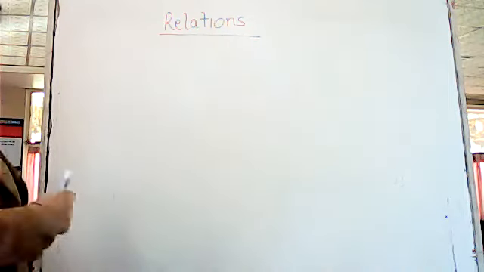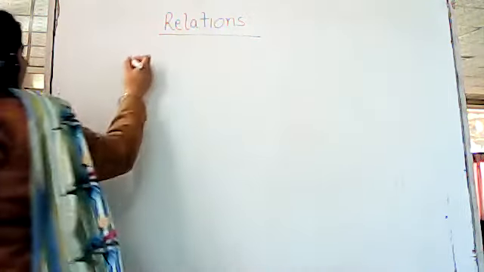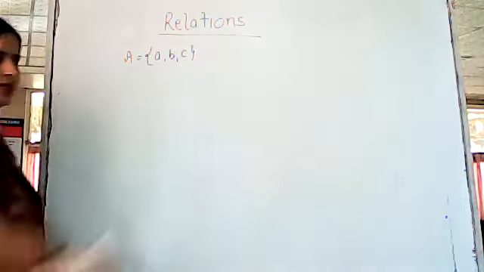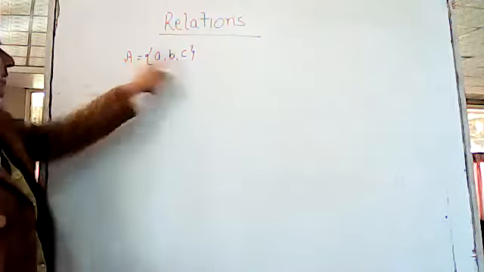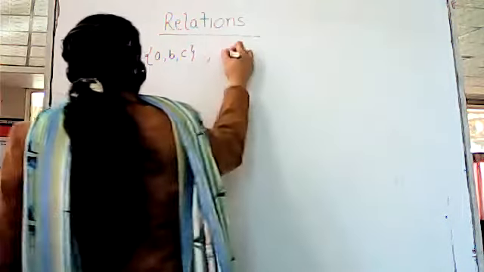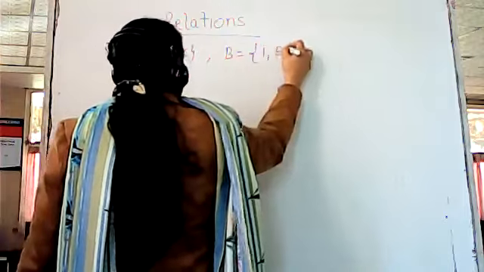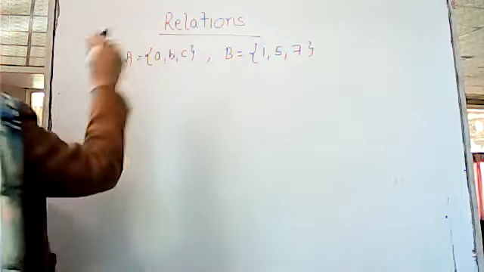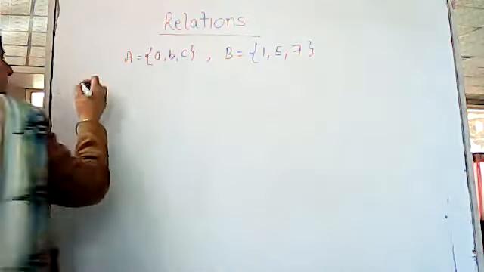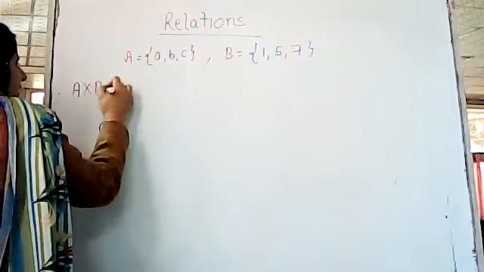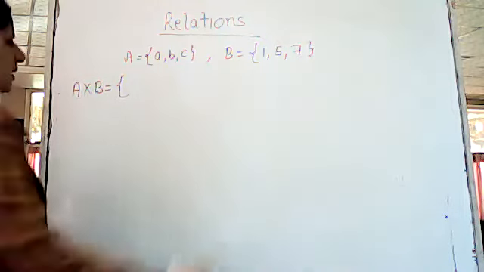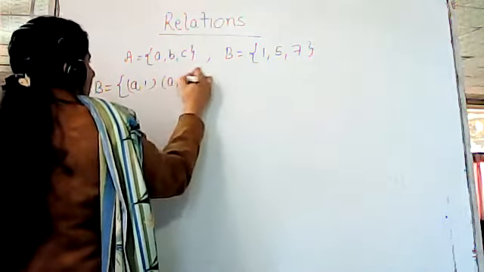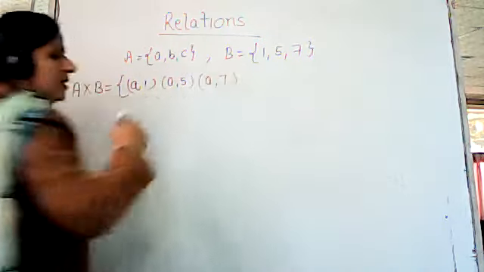So the basic definition of relation is that the relation is always a subset of the Cartesian product of two given sets. Now, if I consider one more example, A is equal to {a, b, c}. These are the three elements present in the first set, and B is equal to {1, 5, 7}. These are the elements of set B. Now, before introducing the relation, what are the elements of the Cartesian product, that is A cross B? This is equal to {(a, 1), (a, 5), (a, 7),